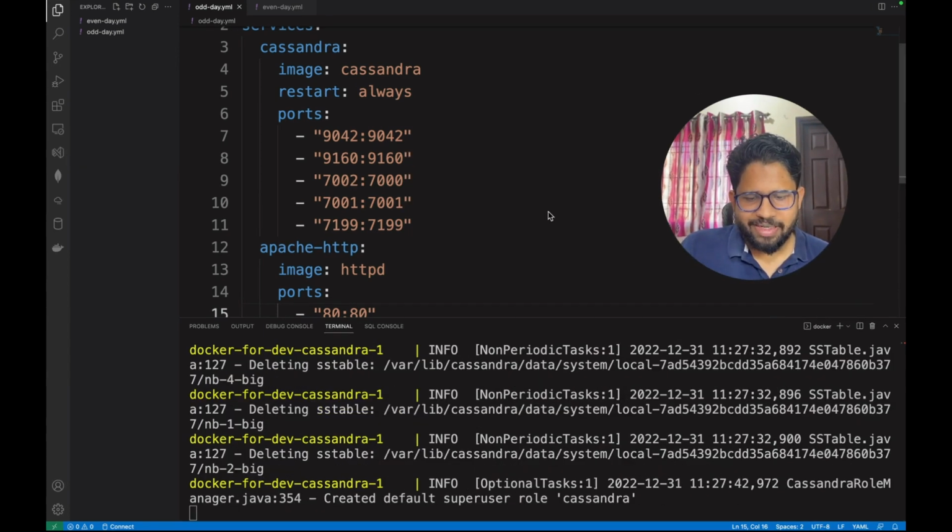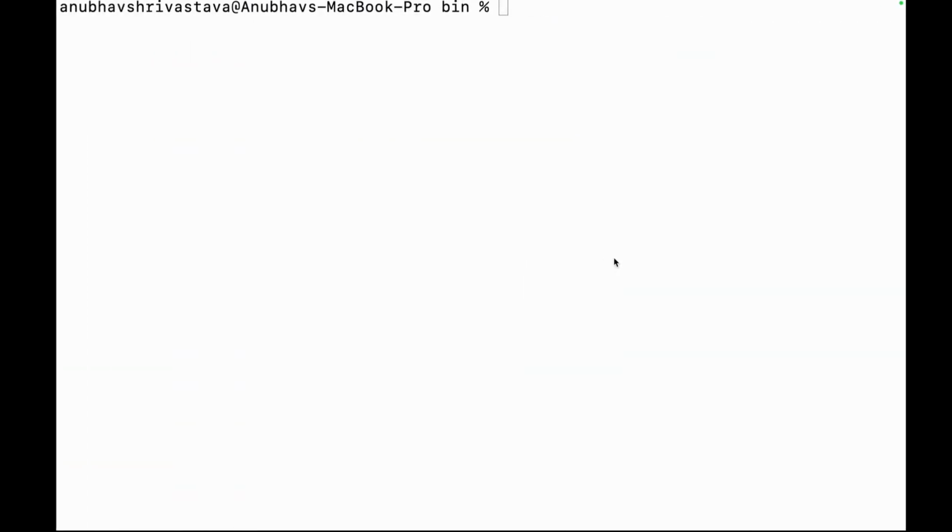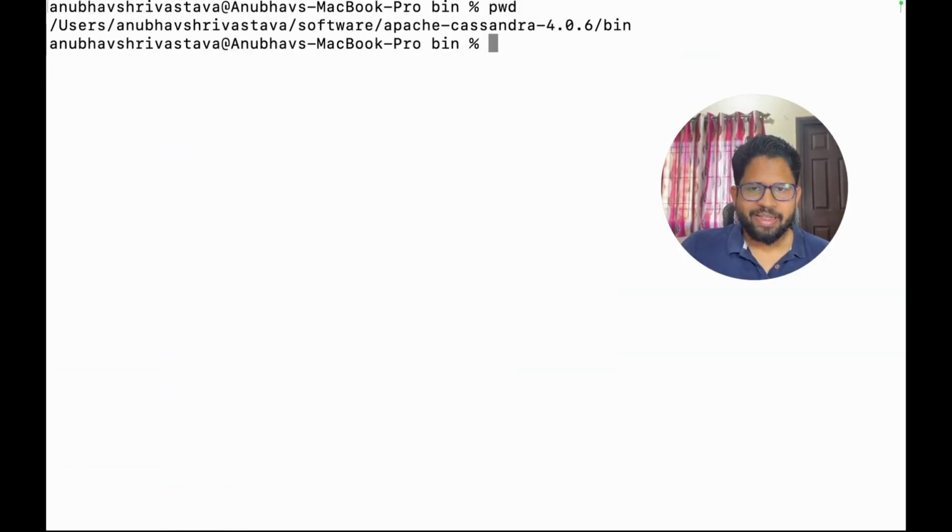Looks like the setup has successfully run. It has created a superuser role named cassandra. Now let's move to the terminal. I am currently in the folder in which Cassandra is downloaded. You can even Dockerize this as well, but for the sake of this demo, I have downloaded the Cassandra command line to connect to the Cassandra on Docker, because it's just storage on the disk.